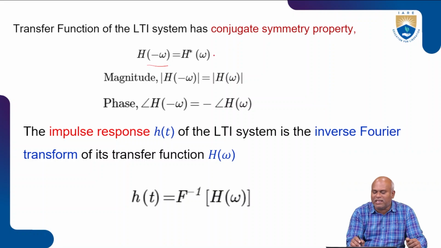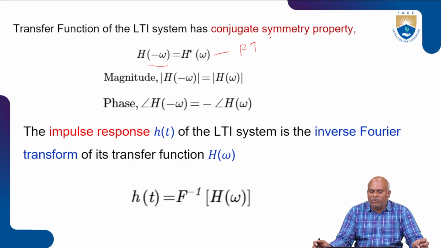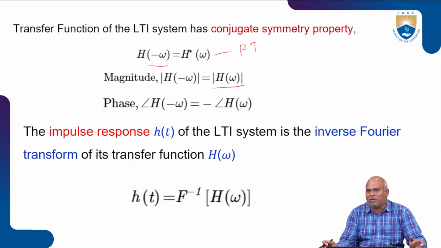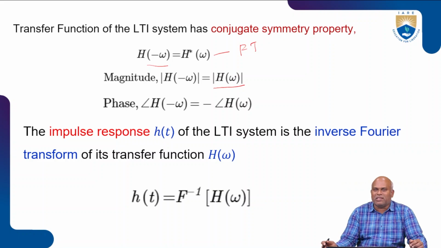This will be C in the Fourier transform properties. Now, we go for the magnitude response of the conjugate symmetric condition, represented as mod of H of minus omega equal to mod of H of omega. If we take any negative value in the magnitude in the conjugate symmetry, it is going to give the positive value of mod of H of omega. That's why, even if you take the negative frequency also, it is going to produce the output as only the positive values.